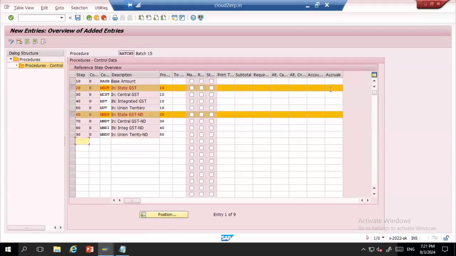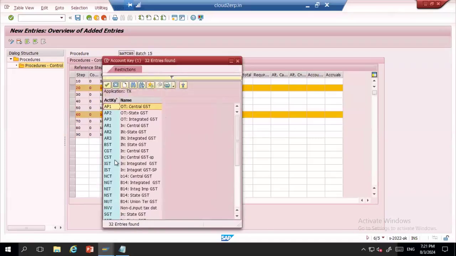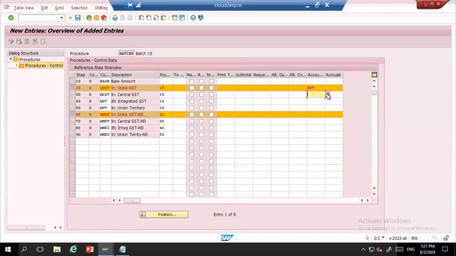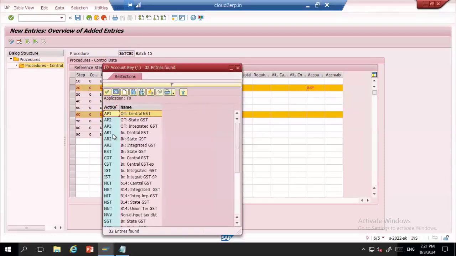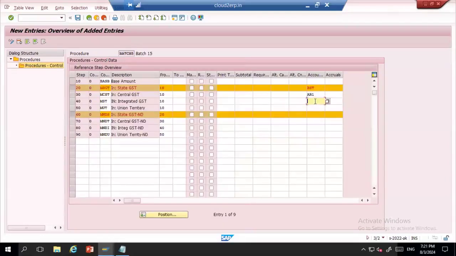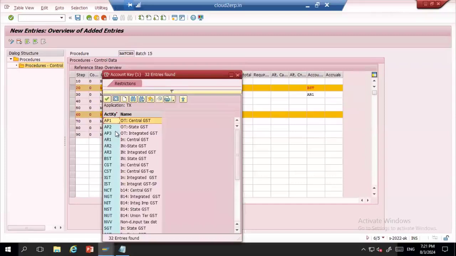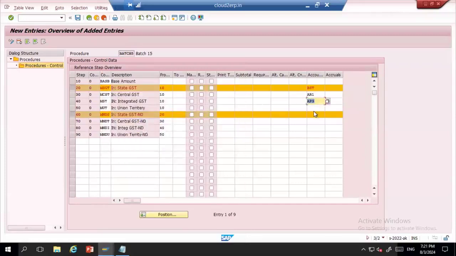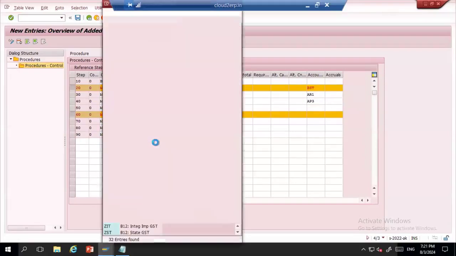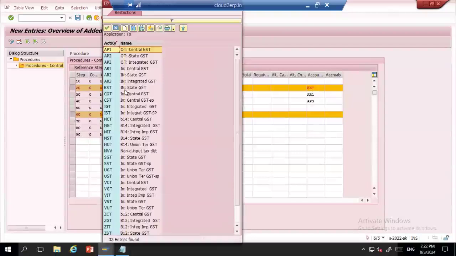Okay. And here you have the accounts. You can maintain through which account you need to pay the vendor. You can take the transaction keys from those already created, or you can create a new one if required. So I'll take the already created ones: state GST, central GST, integrated, and union territory.